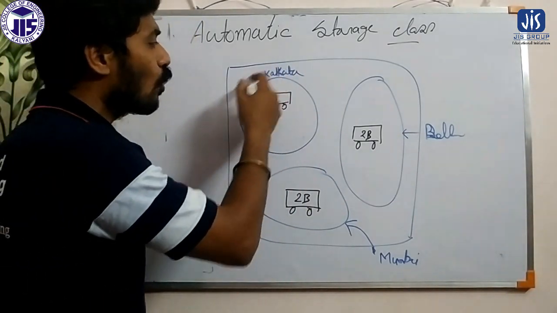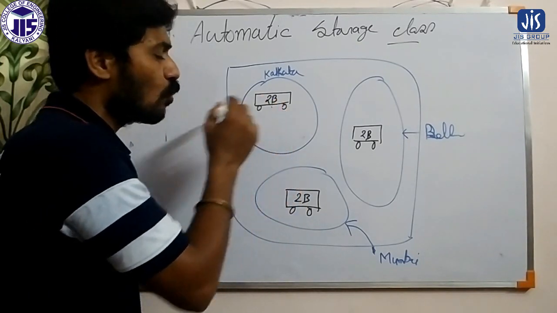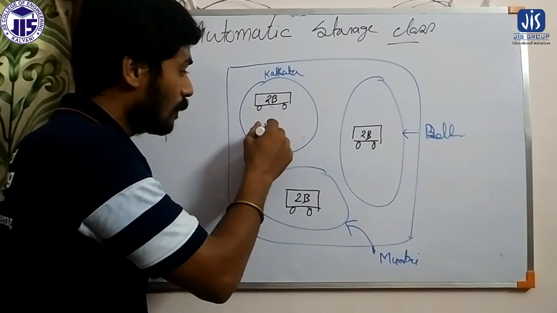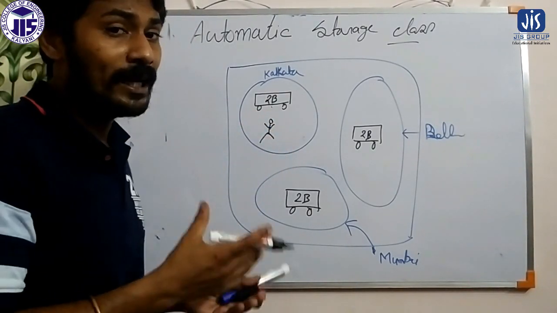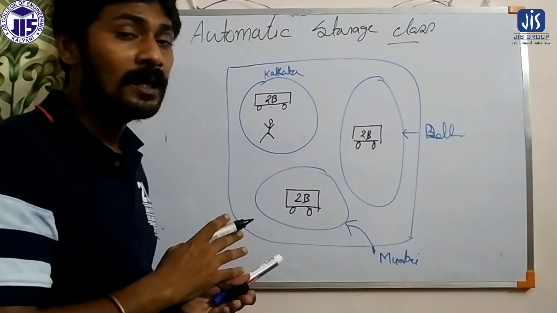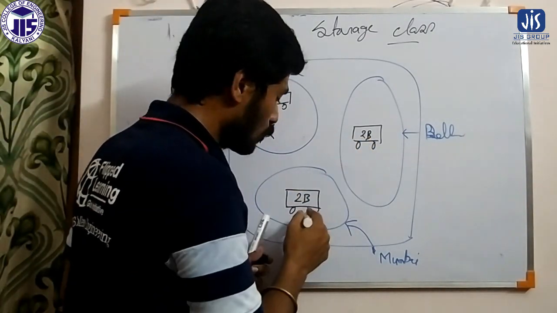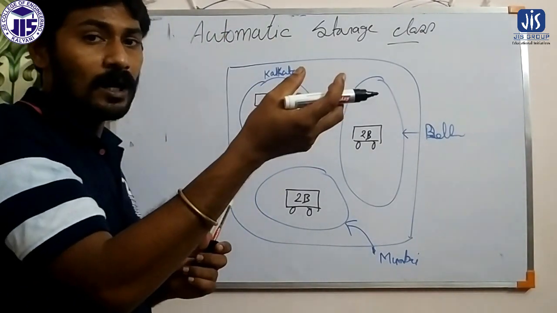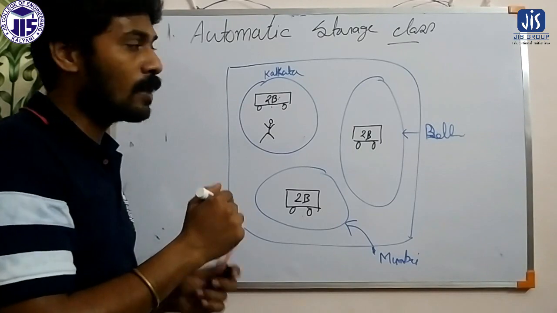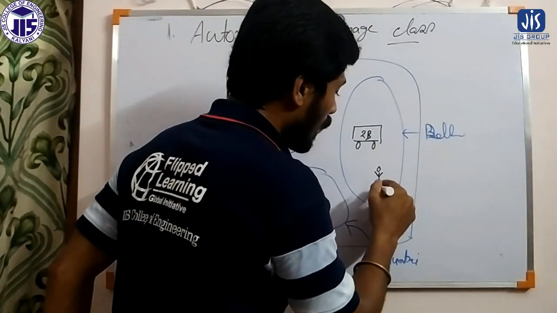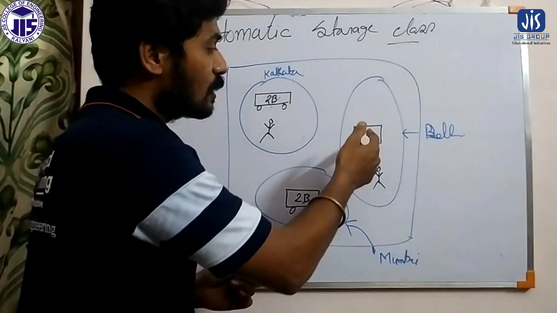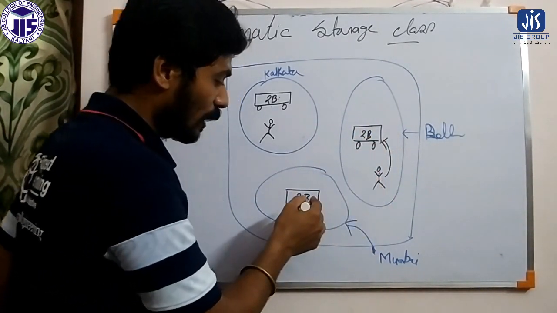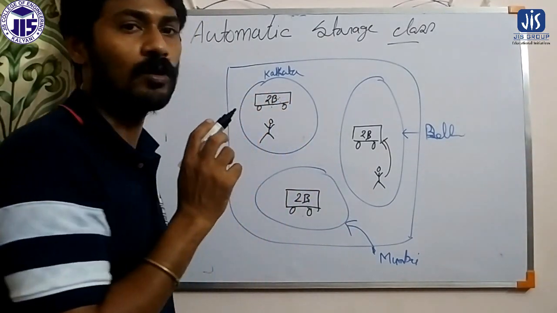So this 2B is local to Kolkata only. If we are in Kolkata and talking about route number 2B, we do not mean the other two. Standing inside Kolkata, if we want to avail a local transport of 2B, we will avail this bus. If you come to Delhi and avail a local transport 2B, then obviously you will avail this one. From Delhi you cannot avail the Kolkata transport.